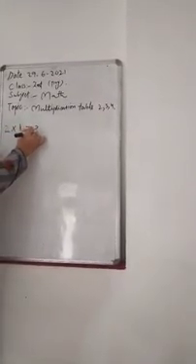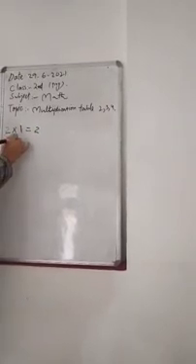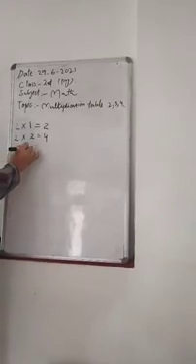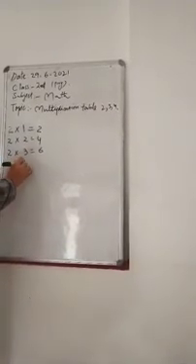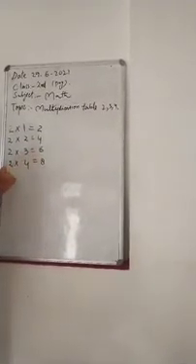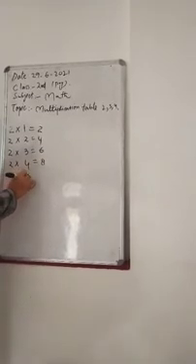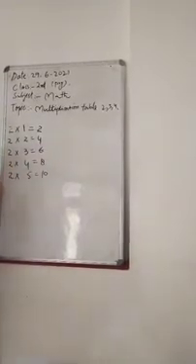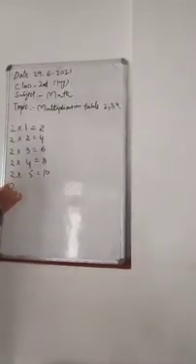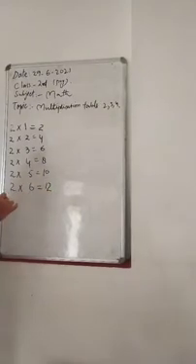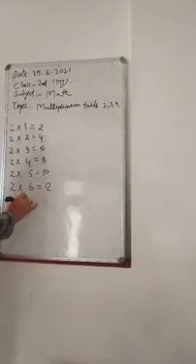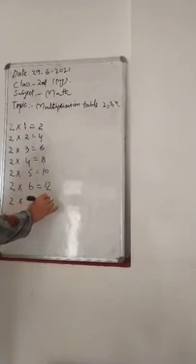2 1s are 2, 2 2s are 4, 2 3s are 6, 2 4s are 8, 2 5s are 10, 2 6s are 12, 2 7s are 14,